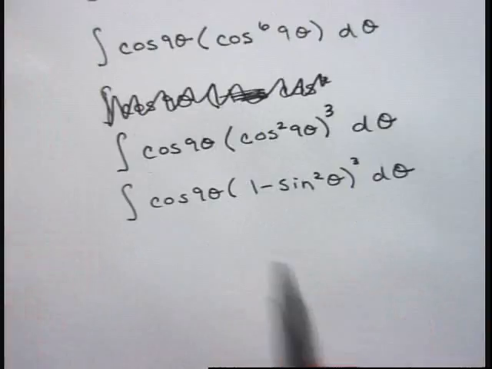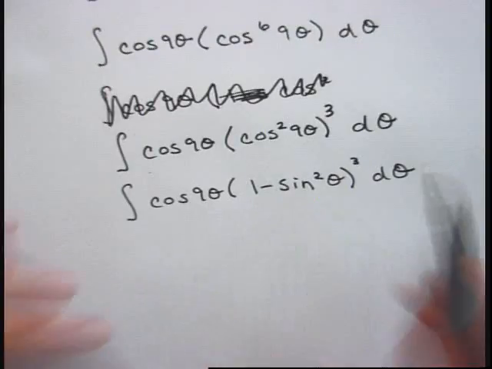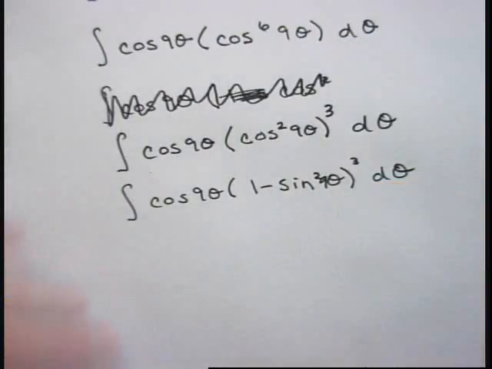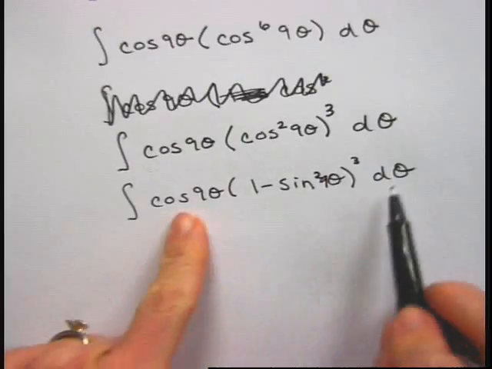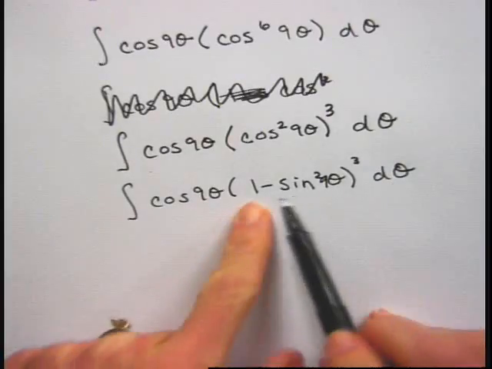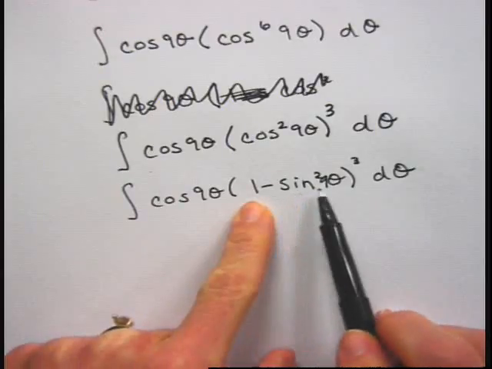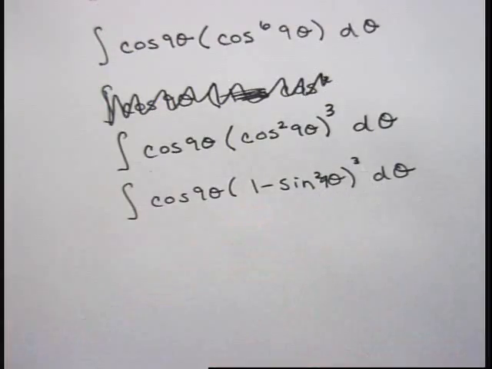And there should be a 9 here. Then you still do your u substitution where u is sine 9 theta. And so you'll get this part out, but then you'll have 1 minus u squared cubed, which you'll have to FOIL out. You'll do 1 minus u squared times 1 minus u squared times 1 minus u squared and figure it out. But the pattern will be